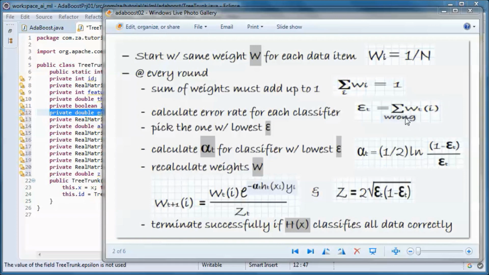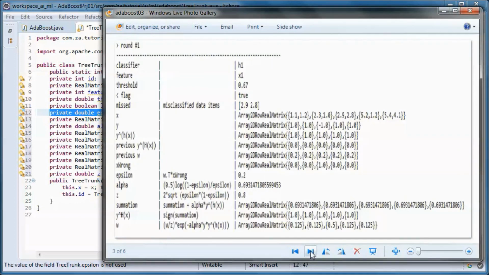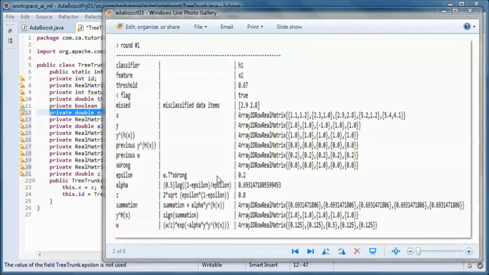It's the sum of the weights for the data items that were misclassified, and for H1 epsilon is 0.2, and this is y hat of lowercase h of x.